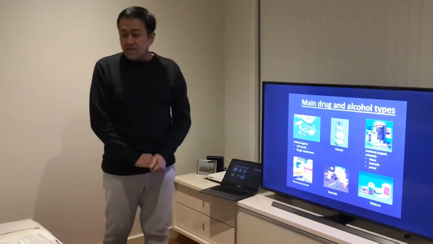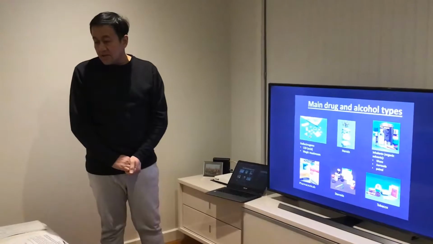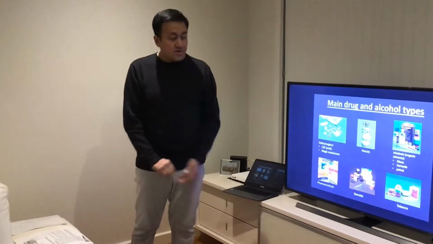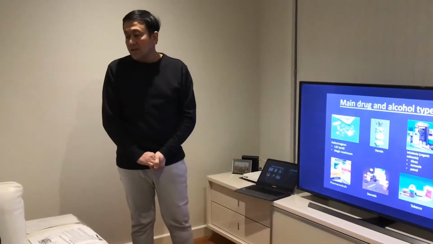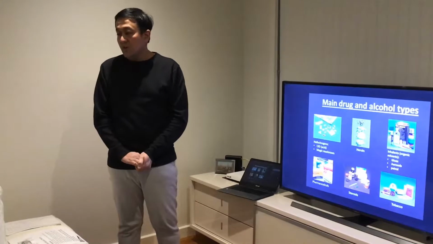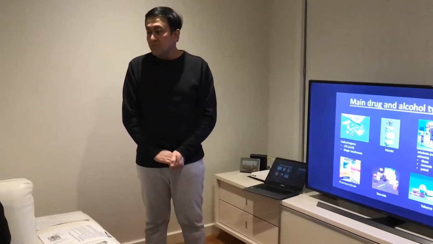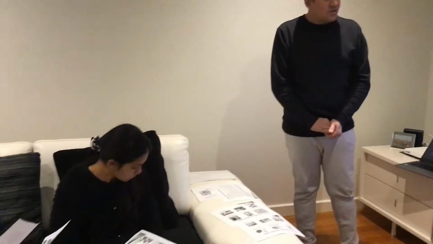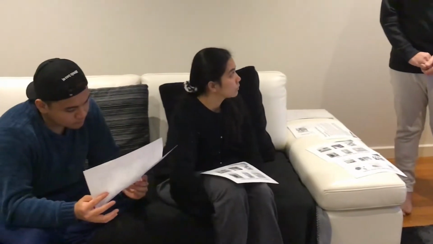As you can see on the second slide, or second leaflet that you have, if you would be able to refer to the inhalants, which are considered a type of drug and alcohol abuse as well. Why I emphasize the inhalants is because inhalants are easily accessible, especially at your own home. To prevent your young kids or any other teenagers from becoming inhalant abusers, please keep these inhalants away from their view.